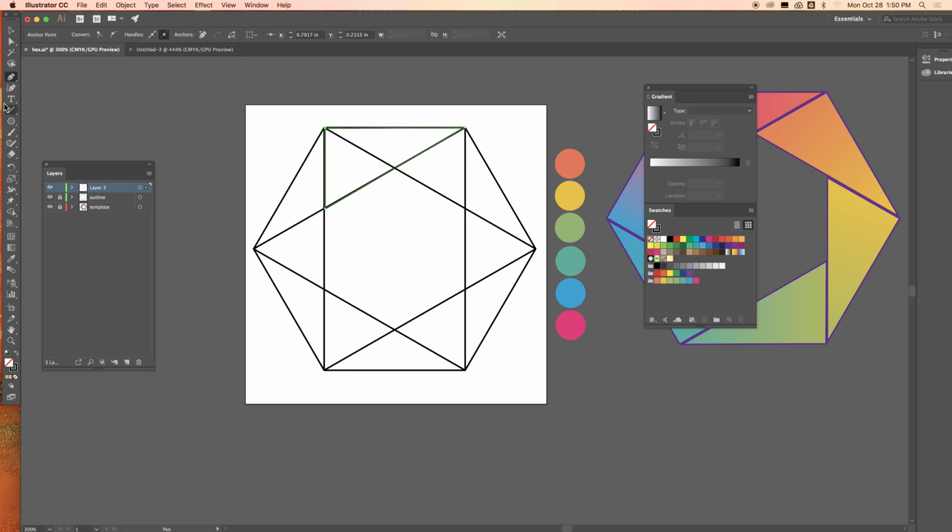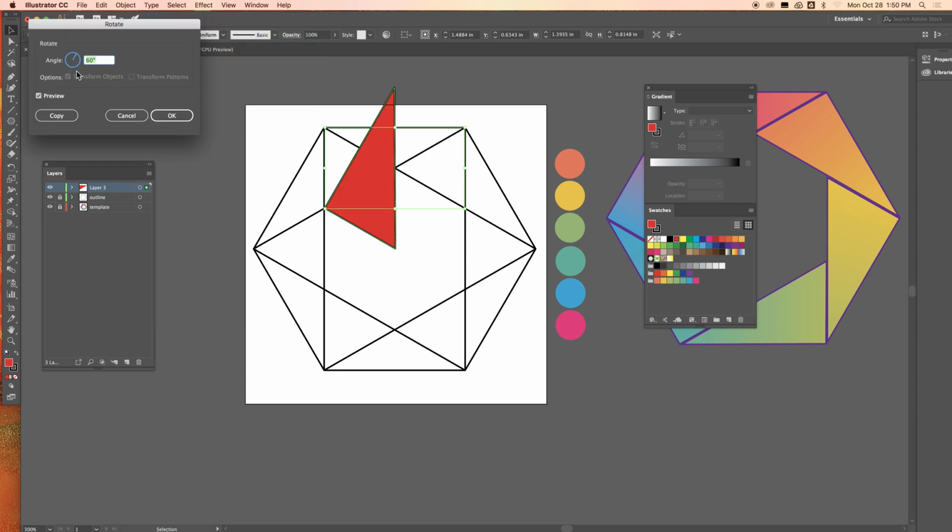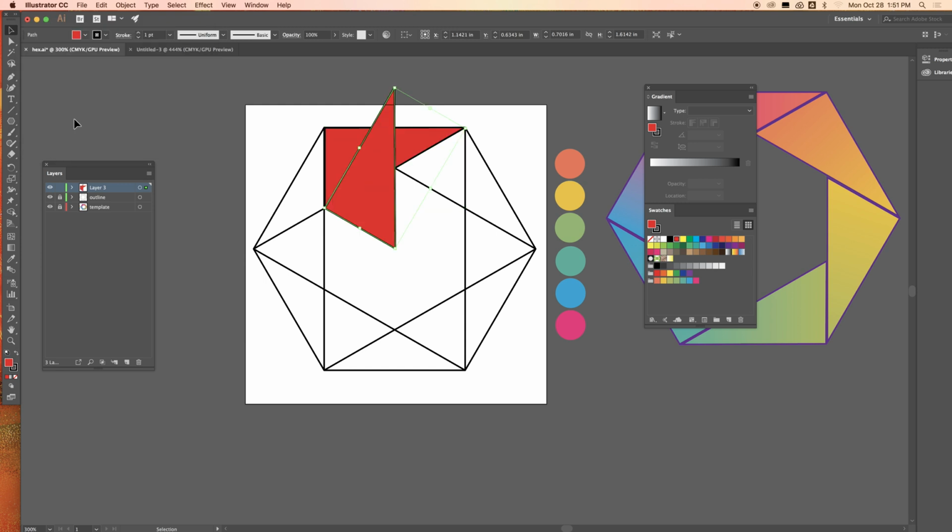Now that I have that one, I'm just going to go ahead and fill it with a color. It doesn't matter what color for right now, just any color. I'm going to click on it, go to Object, Transform, Rotate. It says to do 60 degrees. I have the preview, but instead of hitting OK, which is the most common mistake, hit Copy so that you